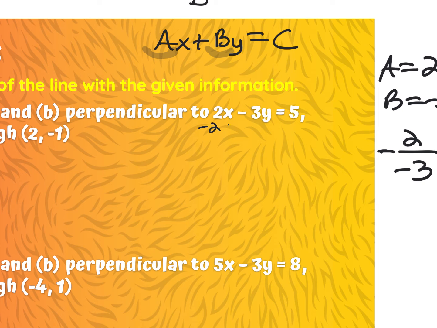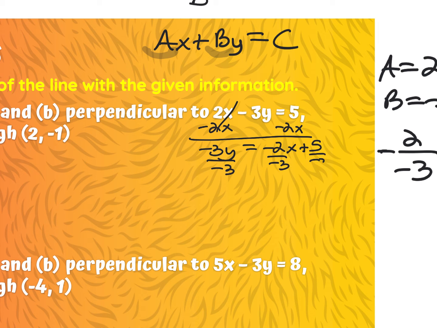So I'm going to move the 2x over, equals -3y, -2x plus 5, divide everything by -3. Now in slope-intercept form, the equation that was given to me in standard form is now,